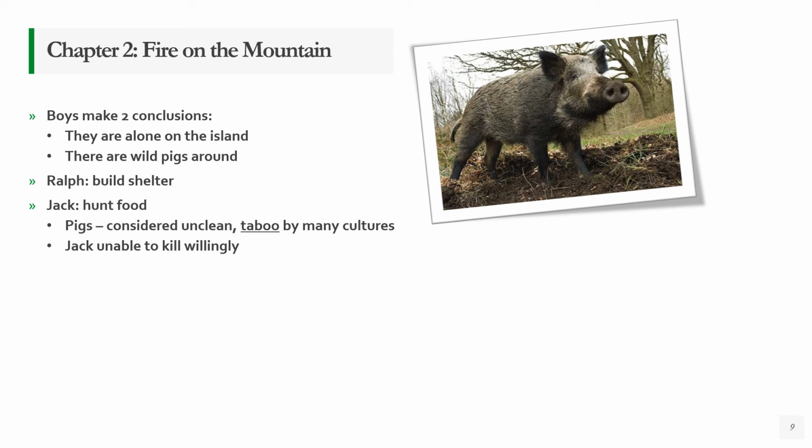Jack, though, is unable to kill a pig willingly. In the course of this story, he fails time and time and time again. Anytime that he does find a pig, he fails to make a killing stroke. He might fashion a spear and throw it and miss. He might hesitate and the pig gets away. He's like many of the readers in that he feels uncomfortable with pigs, and that he's unable to come to terms with it and kill one.